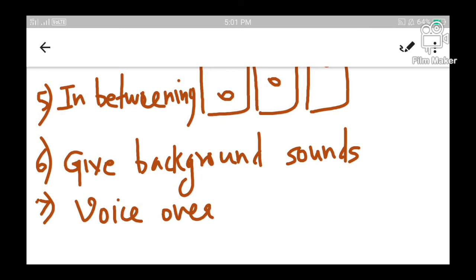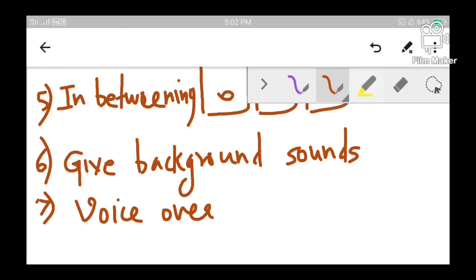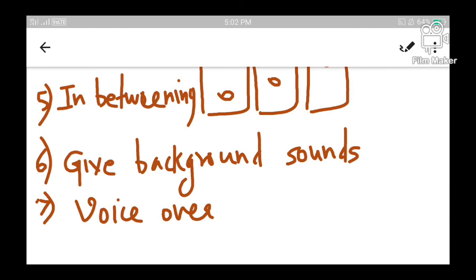Now what? Now we have to prepare the background sound. For each scene we have to prepare appropriate background sounds. Then, as I told you earlier, we have a story, we have characters, we have scenes, we have main scenes, and we have in-between scenes, we have background noise. Everything is perfectly alright. Now what?